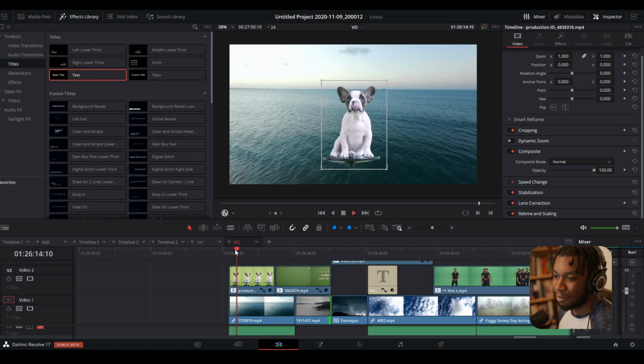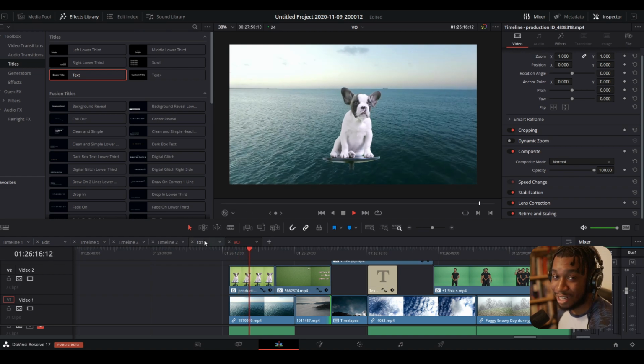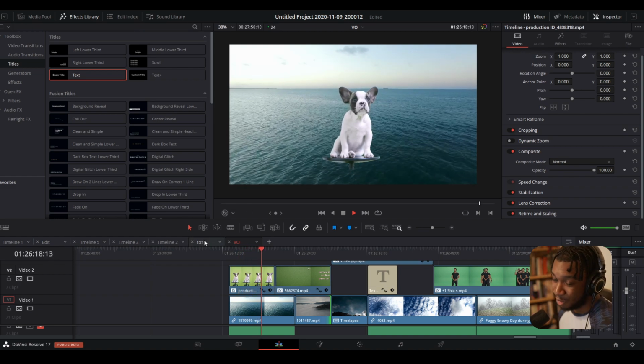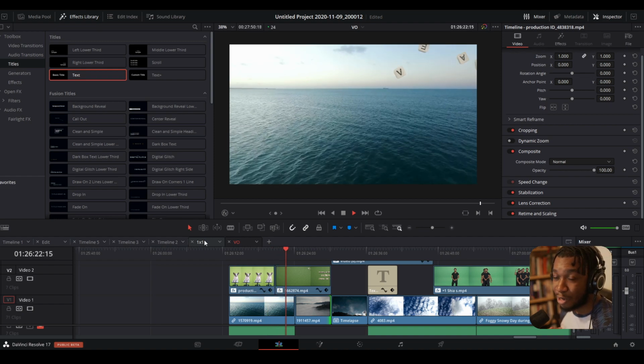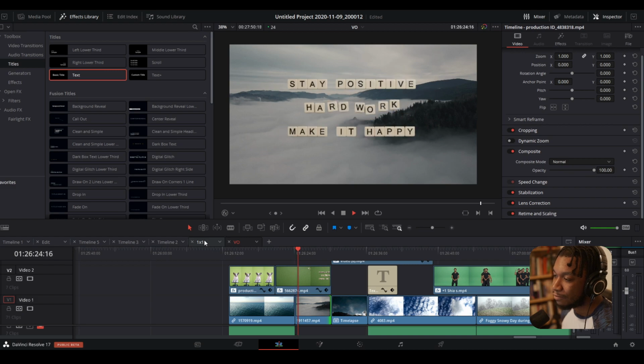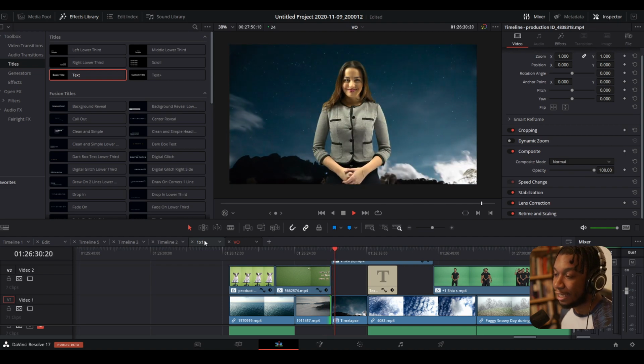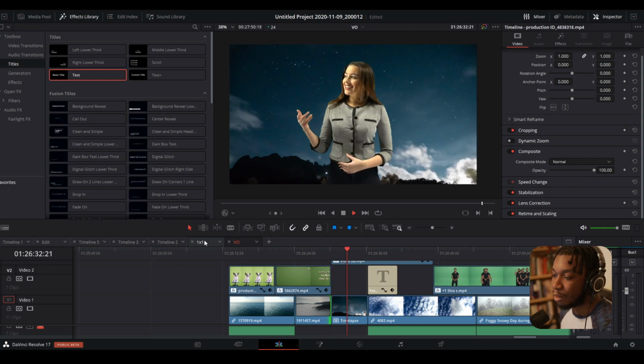Okay, so now let's talk about my conclusion. Do I think this key is actually good? Yes, also no. Now I can properly explain, now you've seen my process of going through it. In my personal opinion, if I have to spend more than 15 to 20 seconds, no, not even 20 seconds, if I have to spend 15 seconds tweaking a key in any sort of way, I am going to not